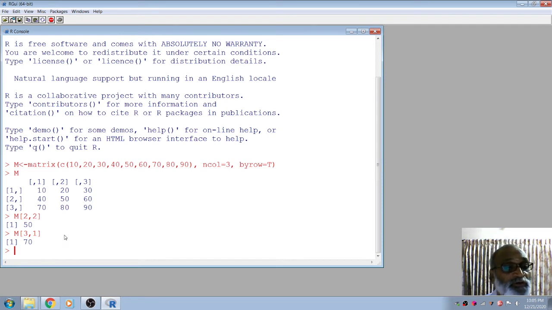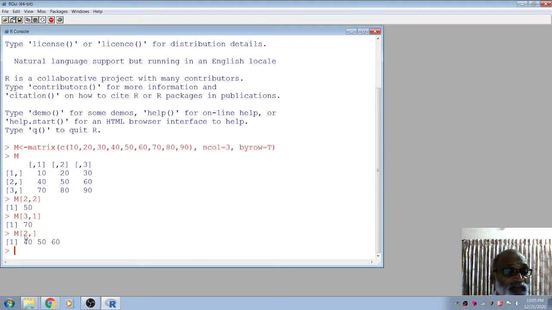Suppose you want to display the second row in full. Then you can type M[2, ], it's enough, no need to use another one. The first subscript represents the row, the second subscript represents the column. You see the second row elements are displayed. Suppose you want to display the third column, simply type M[, 3]. Before the comma is the row, after the comma is the column. So the index is row and column: first is row, second one is column. So M[3, ] is the third row.